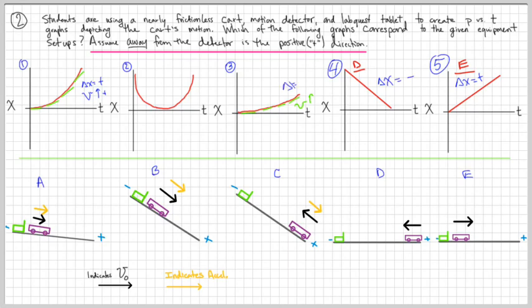Otherwise, the graphs are pretty much the same. Both objects are moving in the positive direction, their velocities are increasing, and they have some positive acceleration. If I look down at my equipment setups A, B, and C, the remaining setups that I have to match,